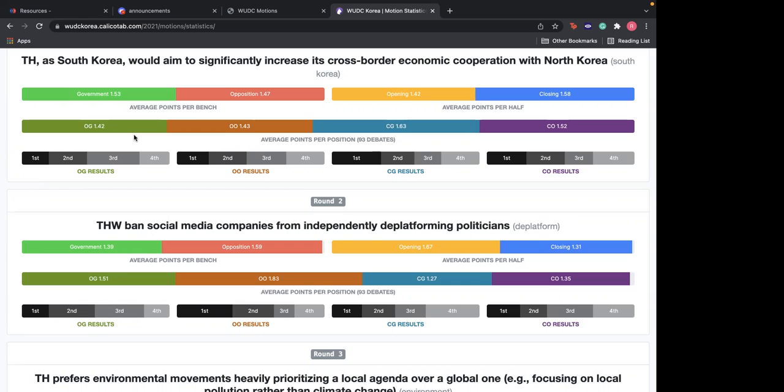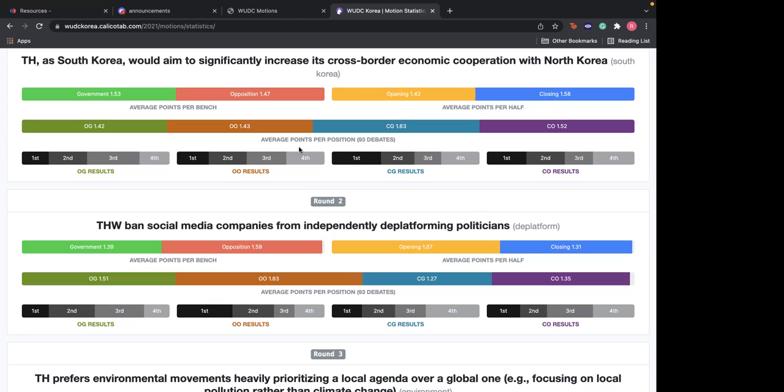These are not really important for you, but usually what this page tells you is how balanced your motion is. For example, a motion can be incredibly easy for government to run but incredibly hard for opposition to run. Within British Parliamentary, there's something called opening and closing. Closing comes after opening finishes, so they have to give brand new argumentation that is not the same as opening. Are there enough argumentations that closing has relatively enough material? If only opening will use up all the points and it's not deep enough for closing to come up with new ideas, then it's called a relatively shallow motion, and closing will score averagely lower points per half.